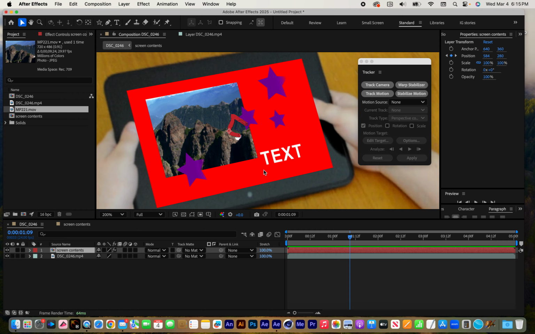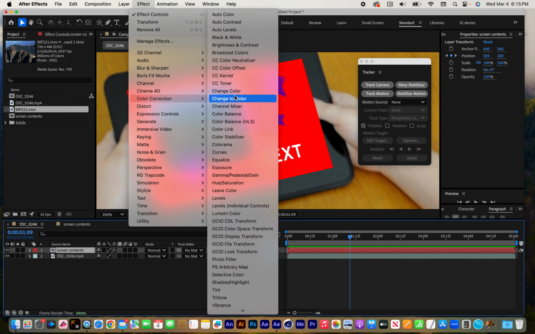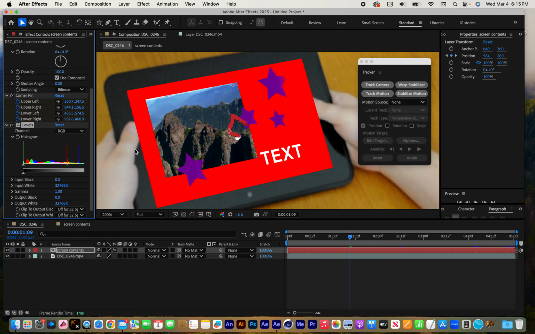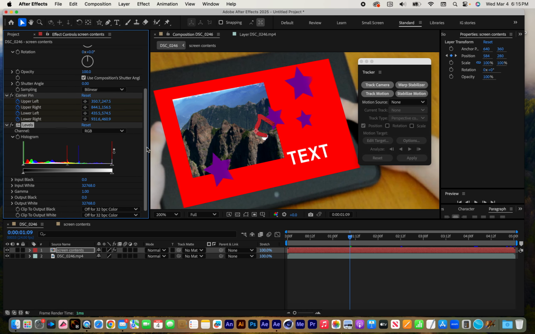Because we're mixing together different footage of different qualities, it really stands out that the screen is sharper, more saturated, more contrasty than the background movie that it's composited on top of. So I'll start with some color correction. I'll select my layer, go to Effect, Color Correction, and do a levels adjustment, just like I might do in Photoshop, to take the black point and kind of wash things out a bit. I can lighten the black point so it's not quite as contrasty, and that's going to match better with